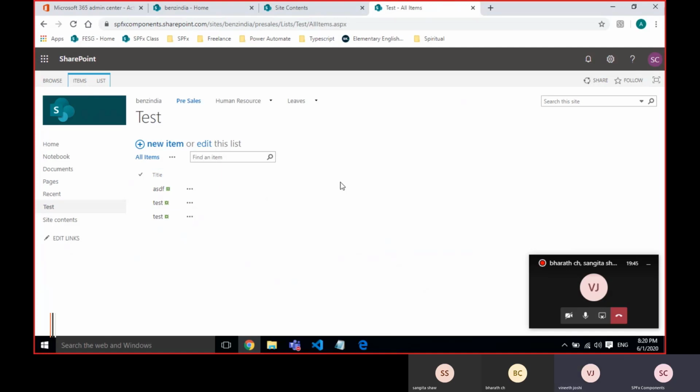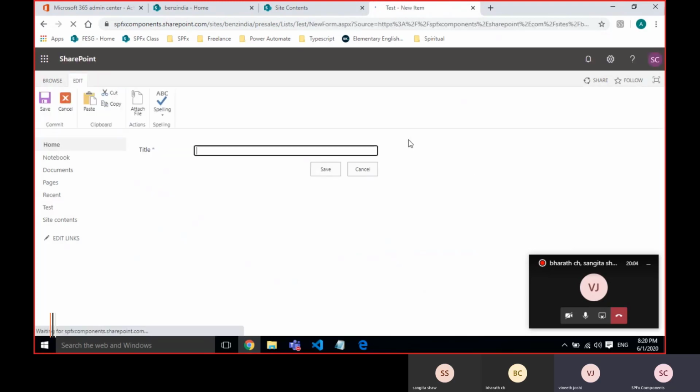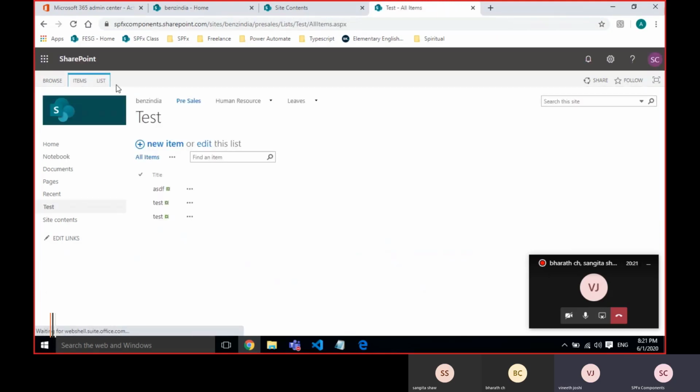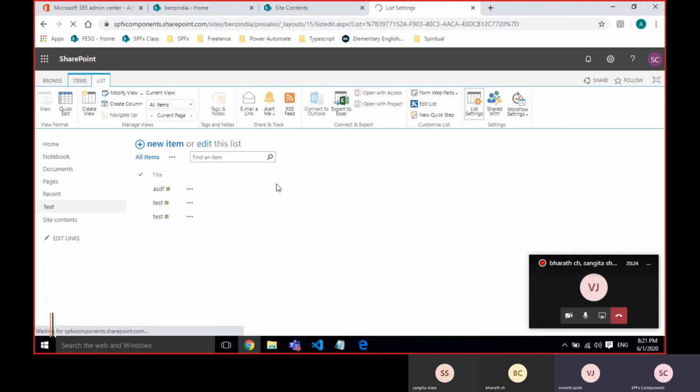For example, in a project, maybe if it is related to an insurance form, if you submit the insurance form, it contains lots of fields, maybe 50 to 100 controls will be there. So the out of the box form, like this is an out of the box form. NewForm.aspx is the out of the box page, and these fields are directly coming. So I will just add one more field. We will see how it is adding.